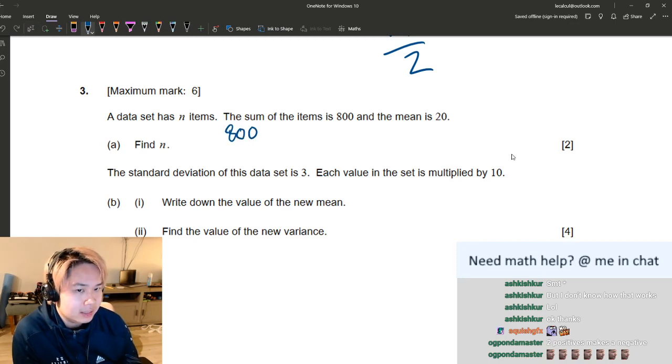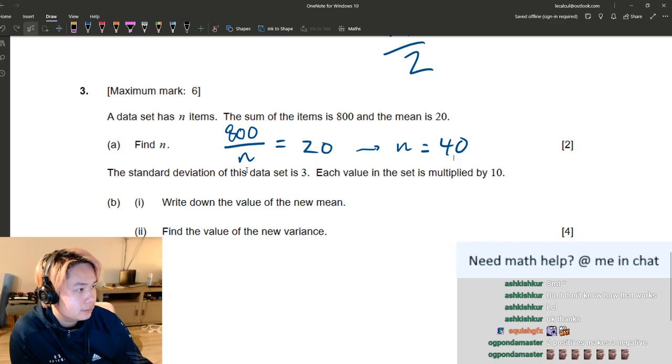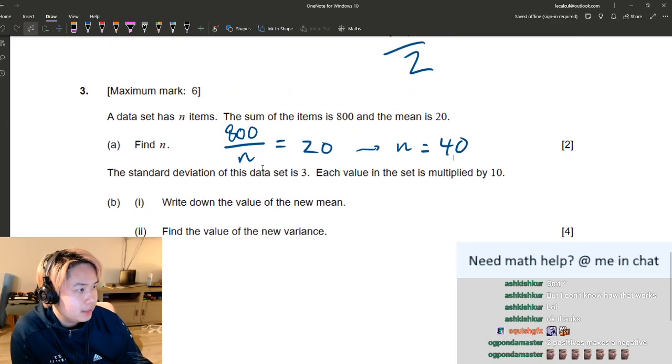Because the definition of a mean is if you take the sum of all your data and you divide by how many data points you have, well, you should get the mean. So that needs to be 20. In other words, n has to be, what, 40? Okay. Next up,